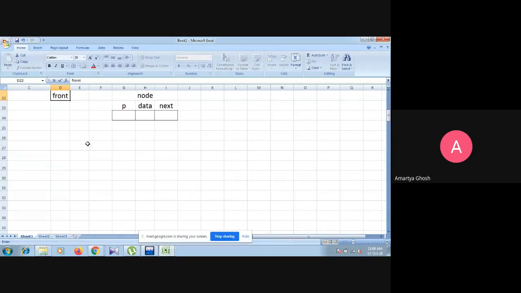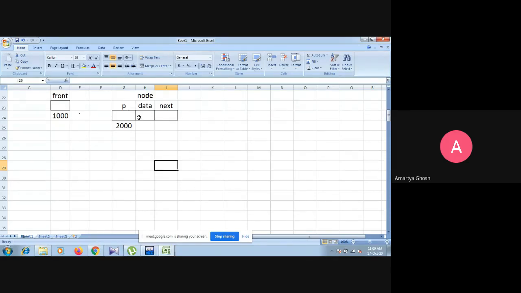FRONT. Suppose this is the memory of front and its base address is 1000. If front has the value null, then the newly allocated node at, suppose, 2000 is the first member of the list, the first node.